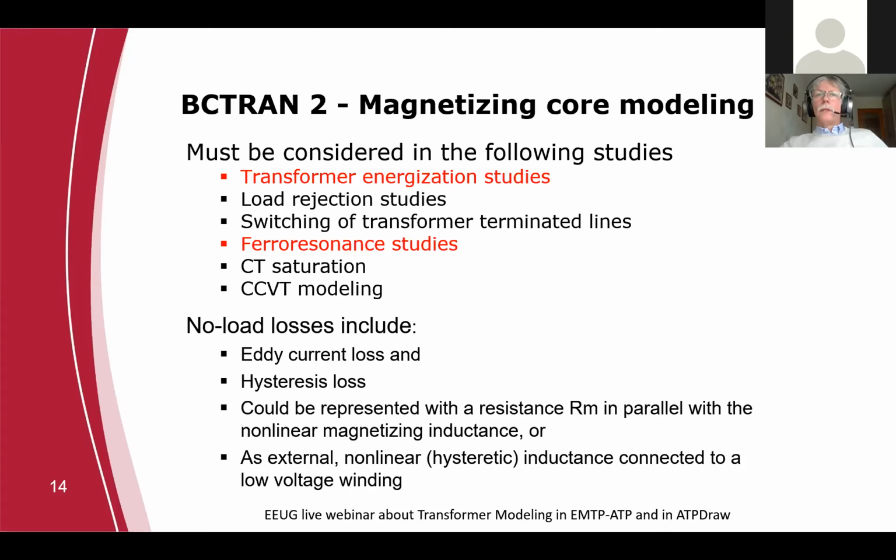Normally, this is the winding with the lowest nominal voltage. So if you have a Y delta connected transformer, 100 kV, 10 kV, the 10 kV winding is always closest to the core. So you can connect these nonlinear objects to the secondary, to the lower voltage